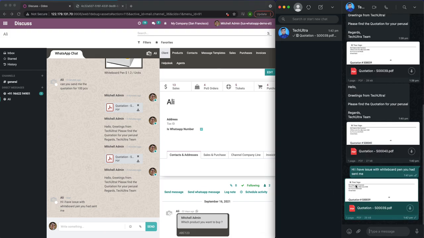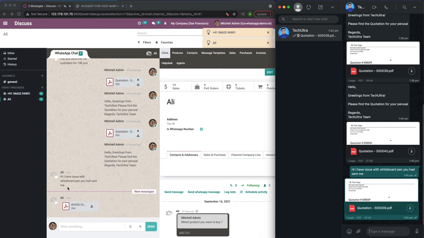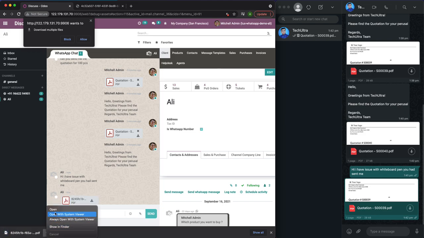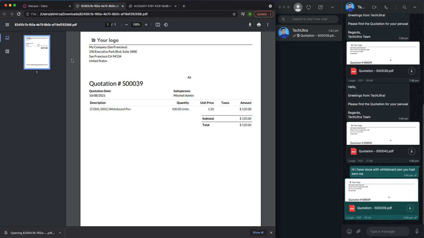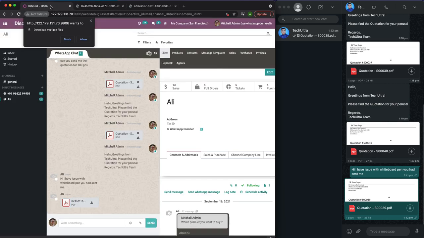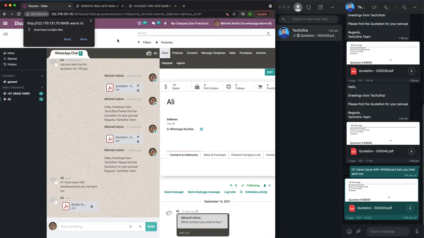Okay, this is sent now. Here, the agent will receive the customer's query: Hi, I have an issue with the whiteboard pen, and the attachment of the document. So the agent can open the attachment and check for which product there is an issue.